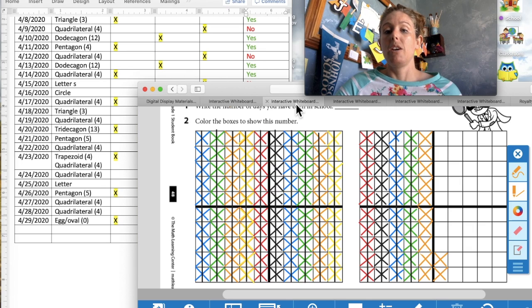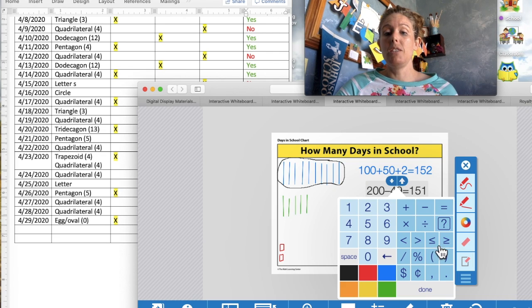If we go back to our chart, we want to see what is the difference over here. What do we need to get to equal 200? What is that difference? Let's count them together. And we're counting by tens for the columns. 10, 20, 30, 40. To the black line is 45. And by ones, 46, 47, 48. So now we have just a difference of 48. So we'll go ahead and change the 49 to a 48 equals